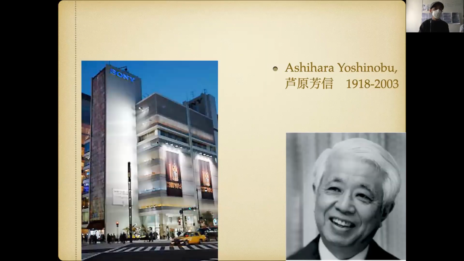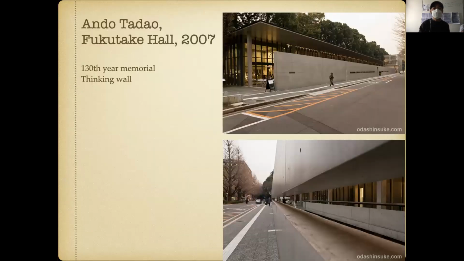Ashihara was famous because of the Sony building, again one of the most published buildings in central Tokyo. It was demolished a couple of years ago. And then we have Tadao Ando. Ando was the dean for 3 or 4 years in the School of Architecture, and he won one of the memorials for the university. It's kind of the auditorium and seminar rooms. And of course, Ando is all concrete, no bricks, no tiles, don't ask. Also, he did brick buildings when he was younger.